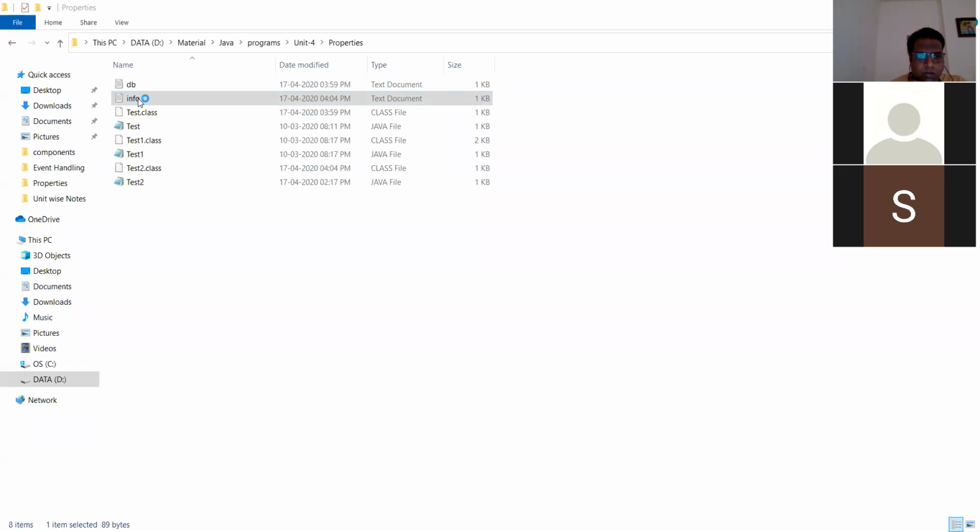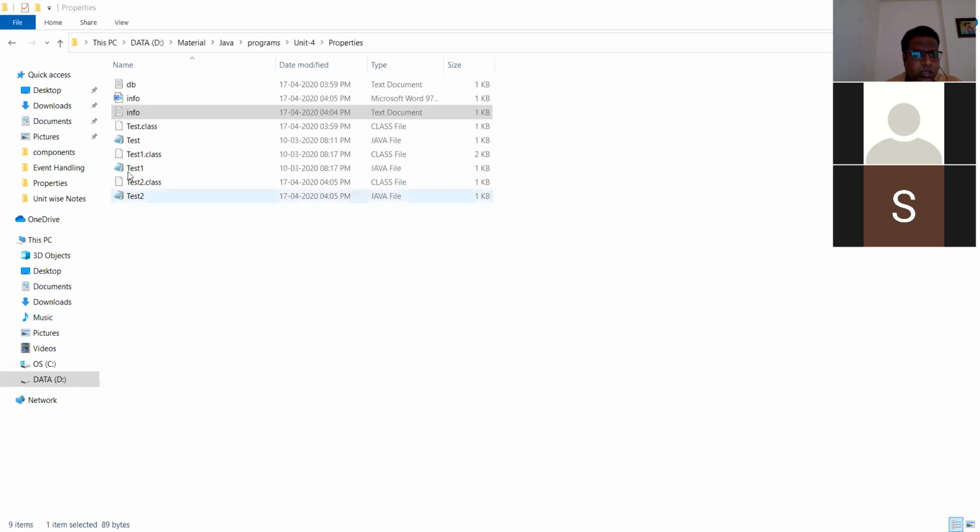Let's check it. CMRTC CSC. Today is Friday, April 17, 2020, this is our time frame. So my email is whatever property I entered, bhaskar.csc, and name equal to Bhaskar. Whatever properties I mentioned there, it is created. Even in the program, I want to change the extension from text to doc. I'm just checking whether doc is going to save it or not. Save. Now again we compile it and execute. Yes, the information .doc file is created. Just open it.